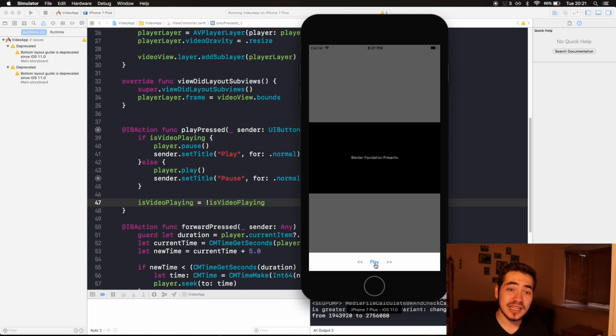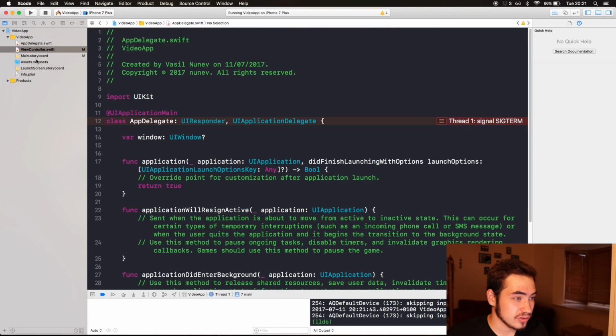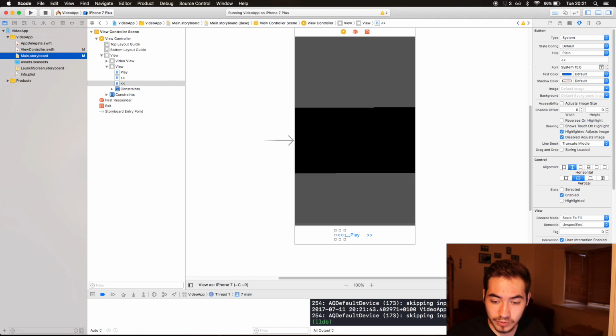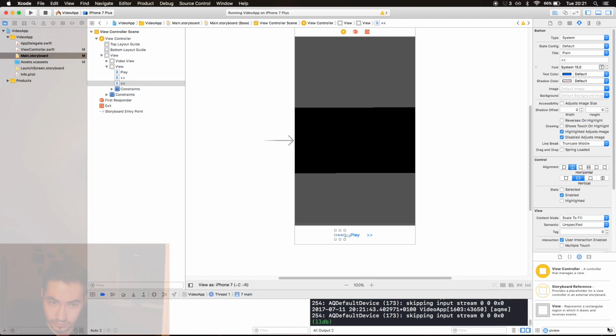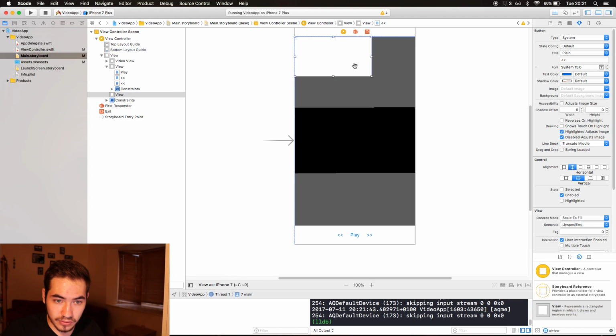Perfect. Last step we want to do is we want to add a slider that you can slide to different seconds, and you also want to know in which second you are and how many seconds of the video there are. So let's go ahead and create this in the storyboard. In the storyboard scene here, again, we're gonna drag a UIView right there on the top,